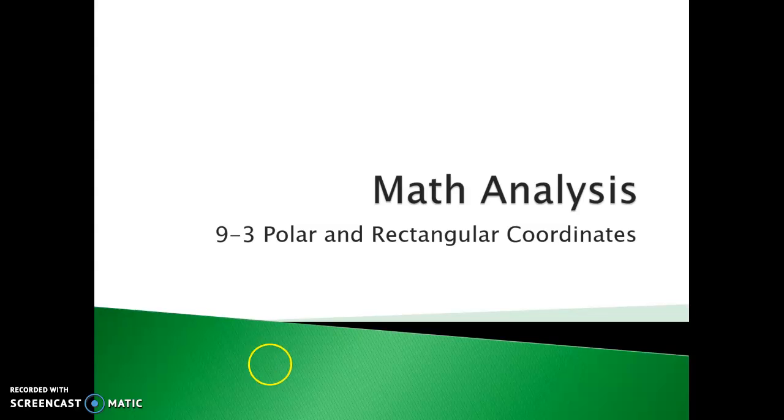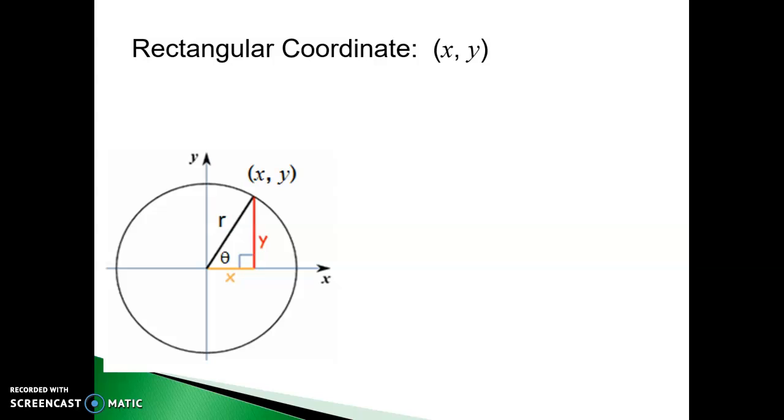coordinates. And just a reminder, you might want to pause at any time to copy down a picture or something. When we talked about rectangular coordinates, that was saying x steps to the right and y steps up. And then if we move back to the y-axis, that makes a rectangle. And when we talked about polar form, we talked about this theta value and this r value. So if we knew the angle and we knew the distance from the pole, then we could find that same